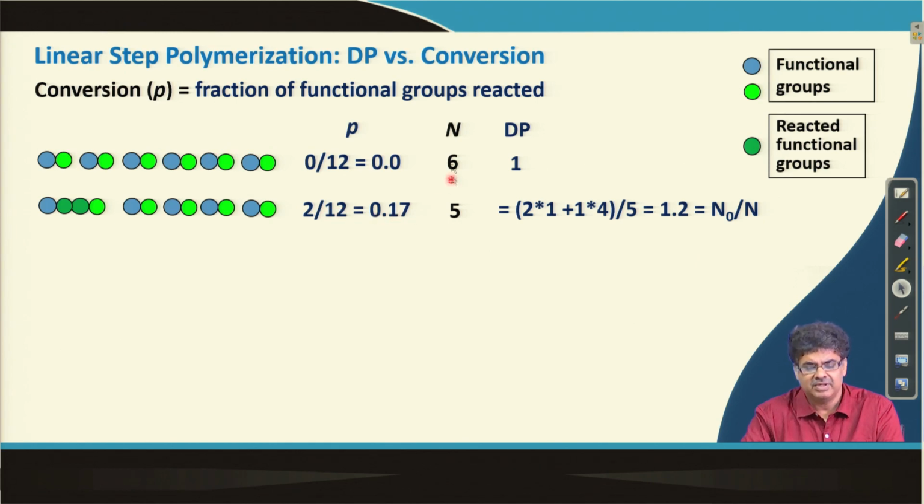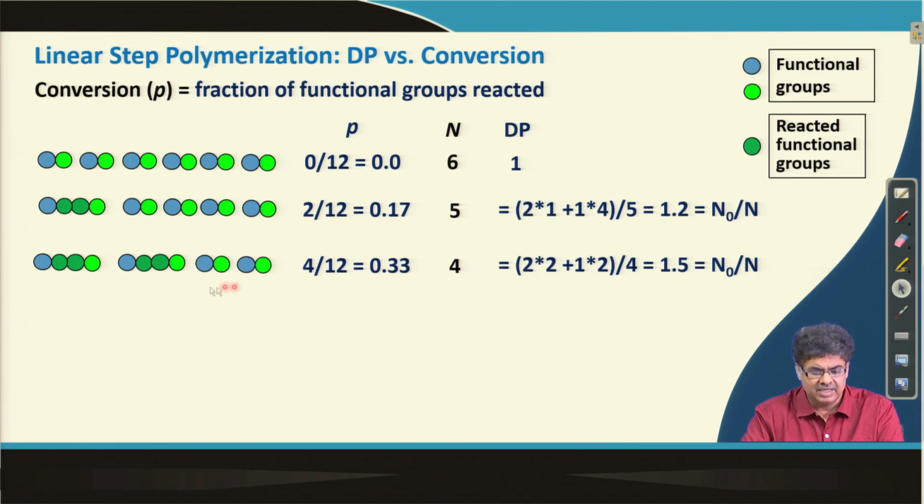My total number of molecules is 5, and the average degree of polymerization in this case is 2 into 1 such molecule plus 1 into 4 such molecules, divided by the total number of molecules, which gives 1.2. That is, the total number of initial molecules divided by the total number of present molecules, where n is the number of present molecules and n0 is the number of molecules present at the beginning of the